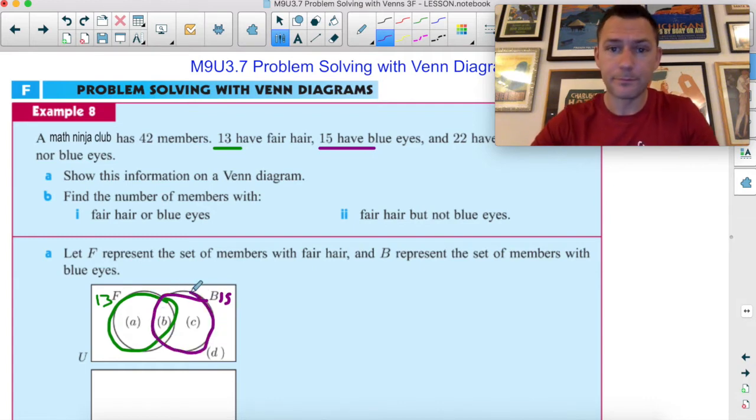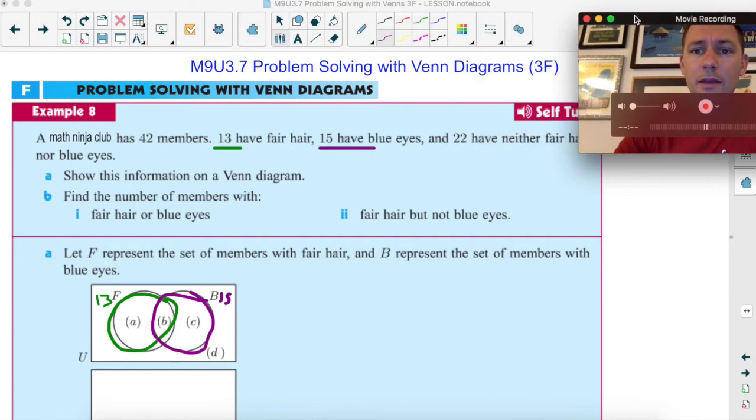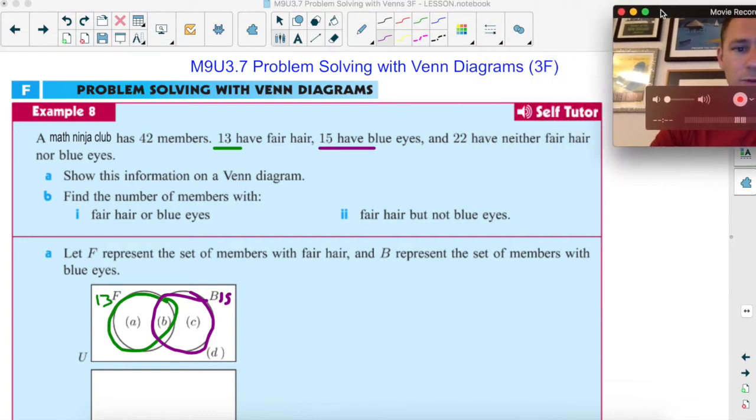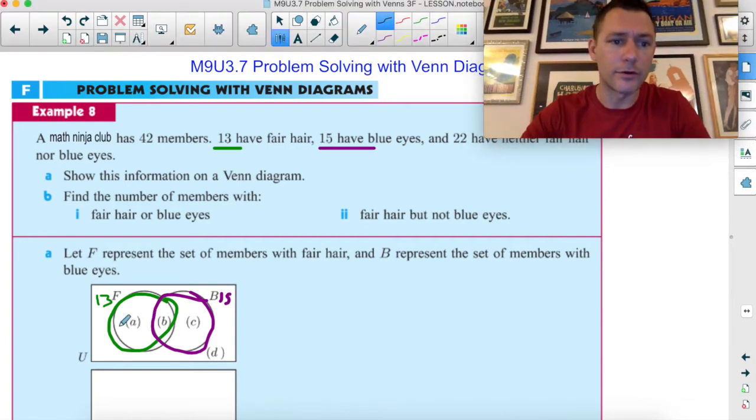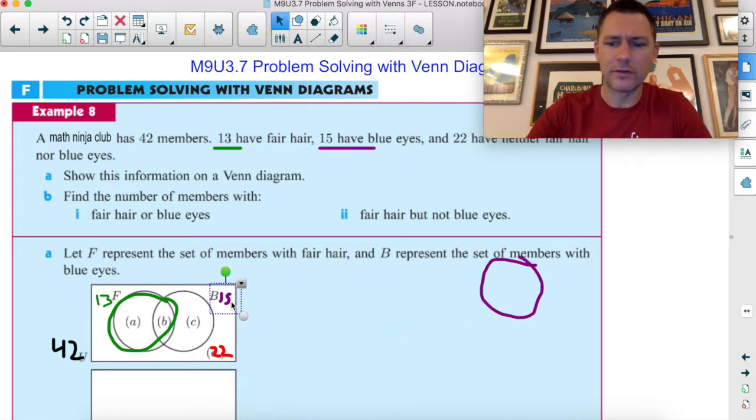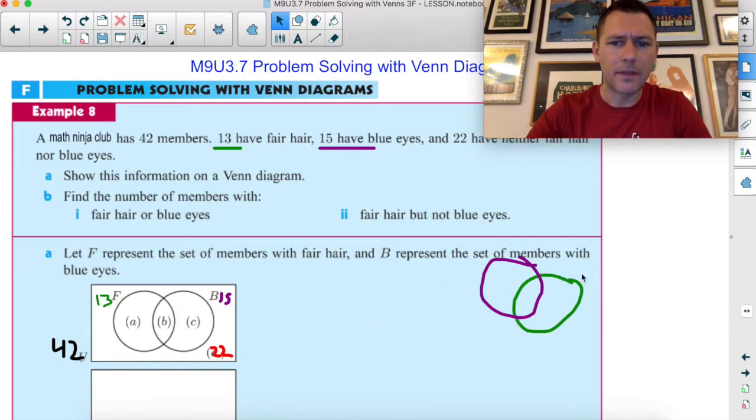Now, the thing that they told us that I can actually use is that 42 are in total. And they also said 22 have neither. So I think this is 22 outside. And that's helpful because of this. Let's move this out of here. That's helpful because if 22 play neither,